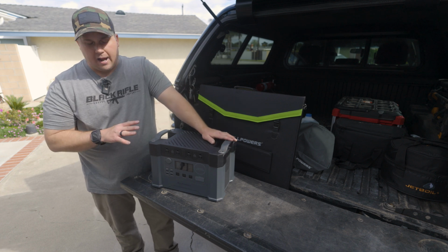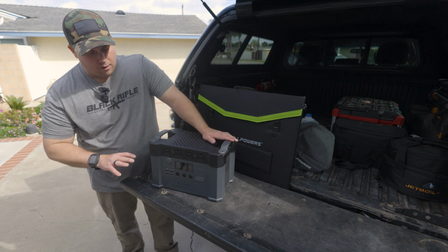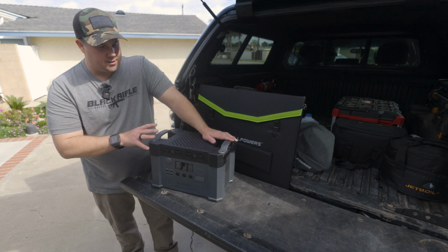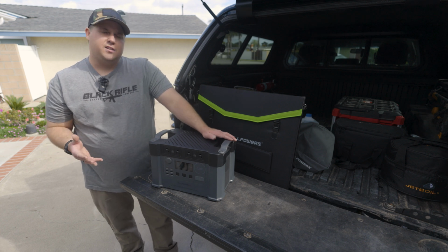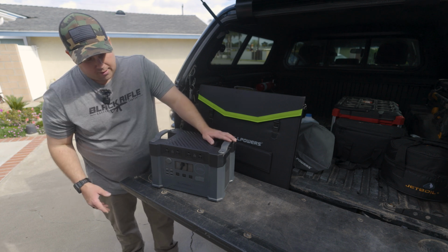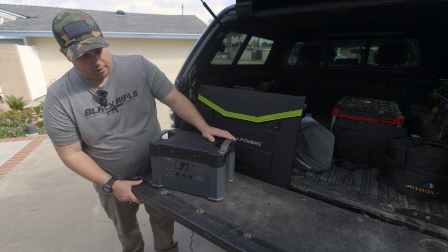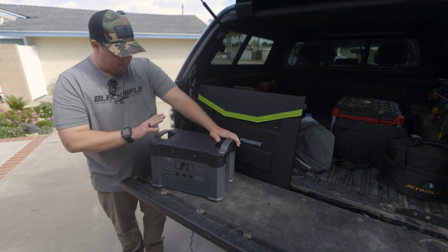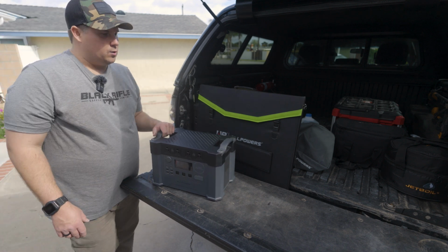I found whenever I'm running anything that draws a decent amount of power, those things run. Now this isn't something that I've brought up into my rooftop tent or anything like that, but I could see it being a little bit more of a noisy unit. Doesn't bother me because it stays back in the back of the truck for my use case, but something to be aware of. It also comes with